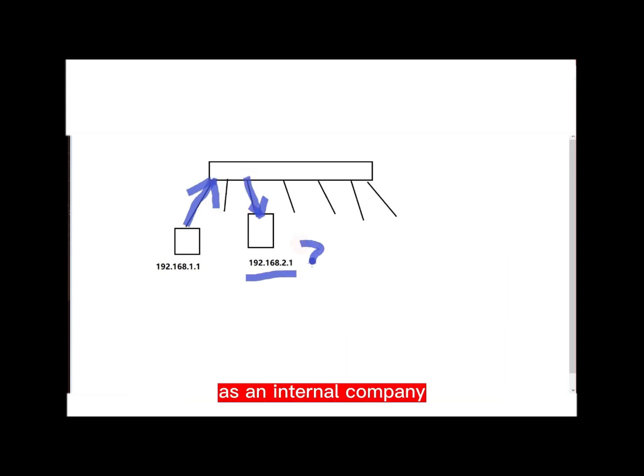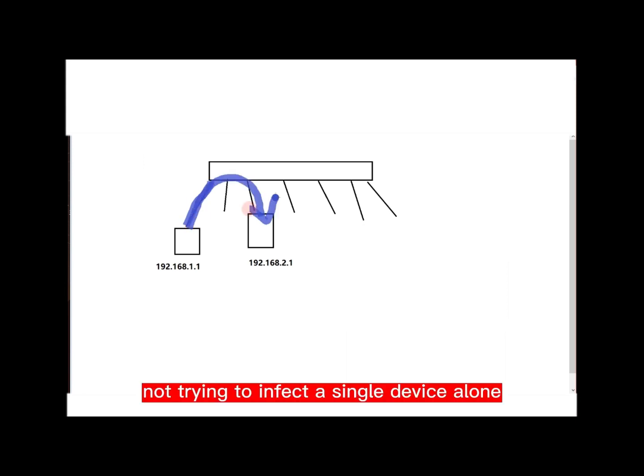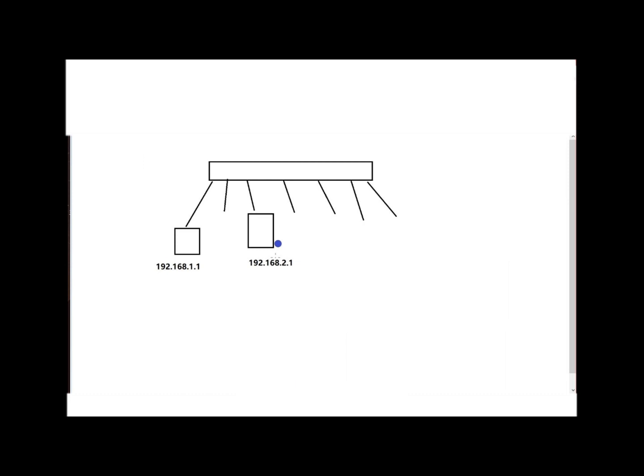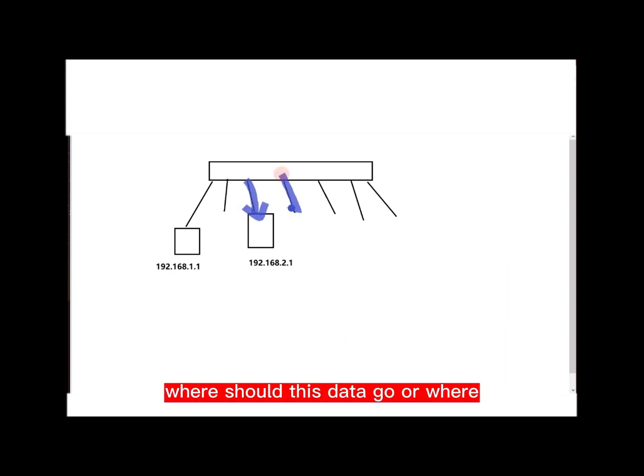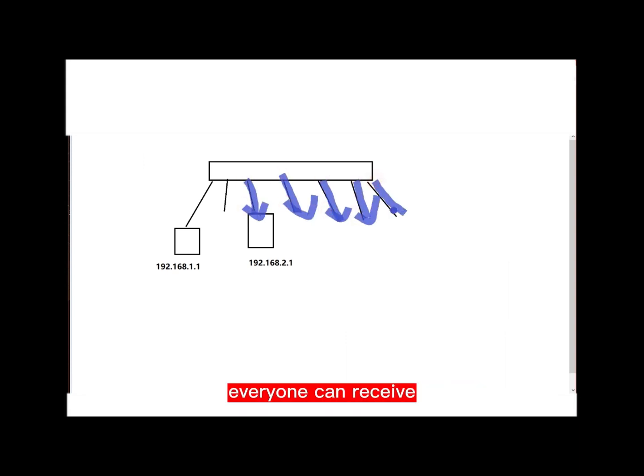As an internal company, virus infections are often broadcast, rather than targeted strikes, not trying to infect a single device alone. Usually it is broadcast. So in the form of dividing the network segment, there is no way to isolate real broadcast traffic similar to viruses. It has nothing to do with what kind of data it is now. It is related to the forwarding principle of the switch. As long as it is a broadcast packet, even if you divide it into different network segments, everyone can receive it. So you have no way to solve this problem. We can only